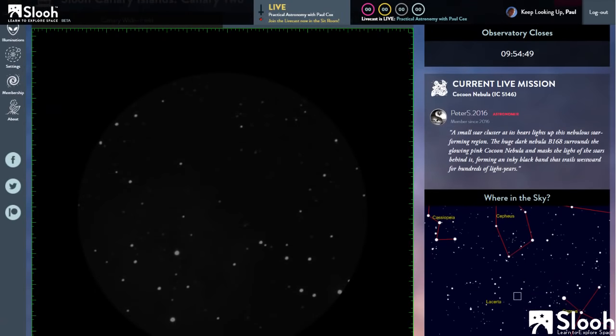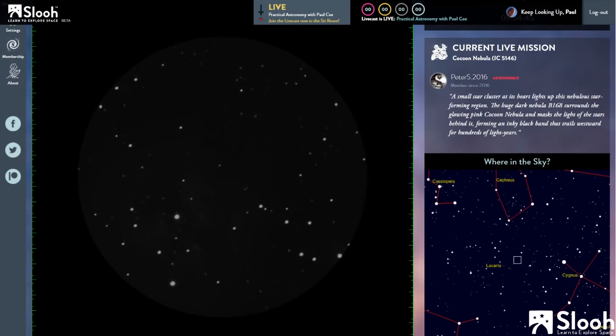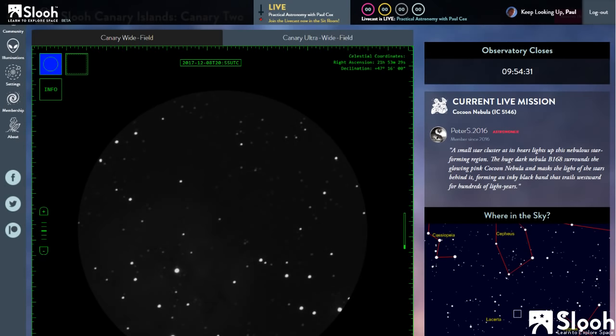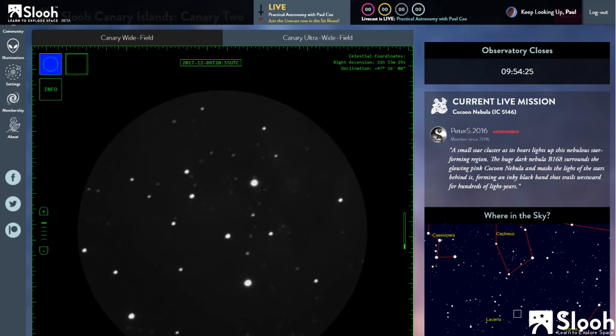So that's going to be an interesting one by Peter. Oh, look, you can already see some of the nebulosity coming out. And don't forget, these images start off in grayscale and then turn to color as more and more data is fed from the camera into Slooh's patented technology. But if you just hover over this window, you can zoom in, you can start pulling it around and panning